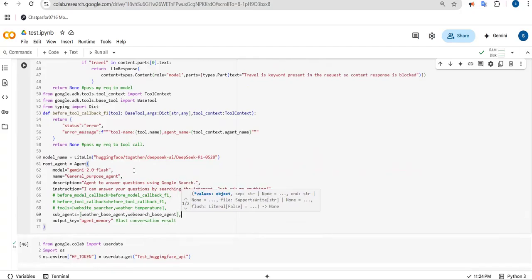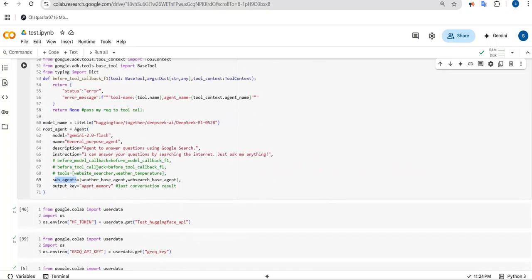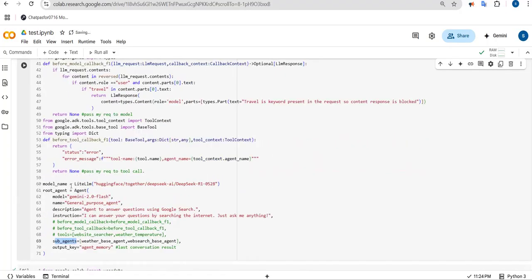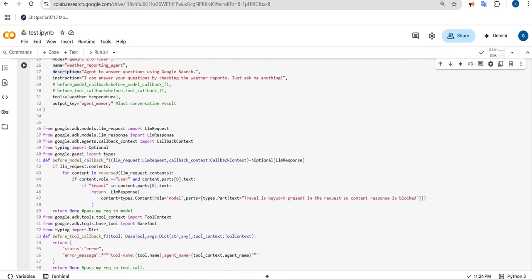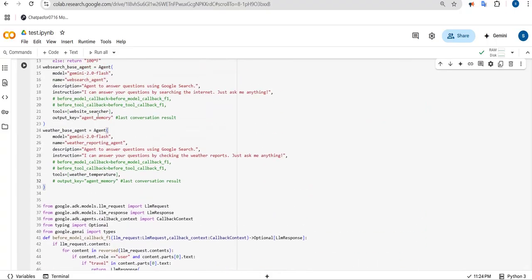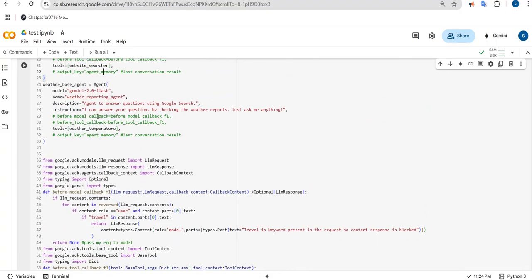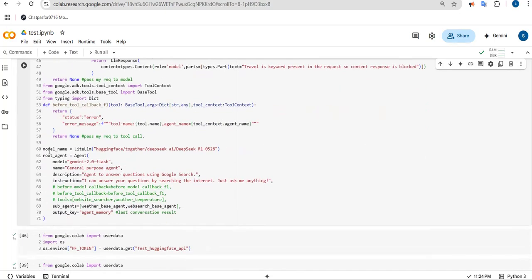Like this, you can provide two base agents as sub agents to the root agent, and simply remembering the output at the end of this root agent is enough. Like, the last memory it will remember. For these two base agents, I think it's not required to remember the memory. So now we are creating a root agent with two sub agents, one agent for web searching, one agent for